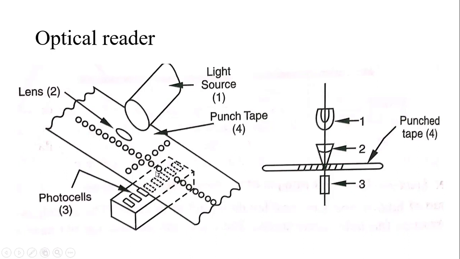So this is how the data is read by the tape readers. Then the most advanced type is the magnetic tape. You might have seen these kinds of tapes, you might have listened to songs on these kinds of tapes. How is the data written? It is written in magnetic form. Correct? This tape is made up of ferric oxides.